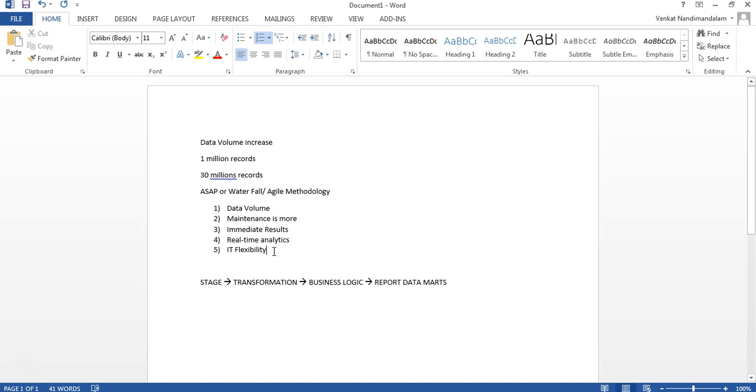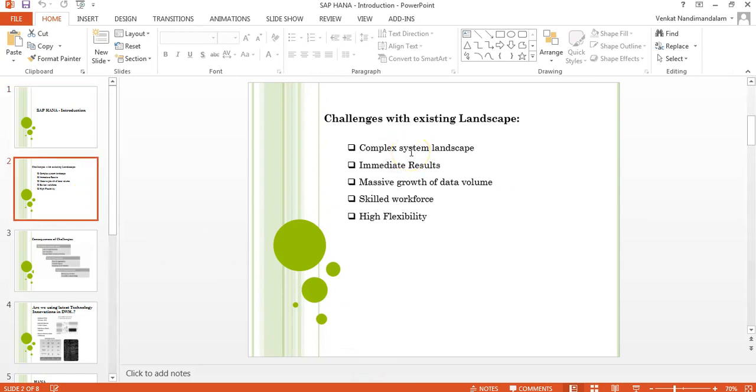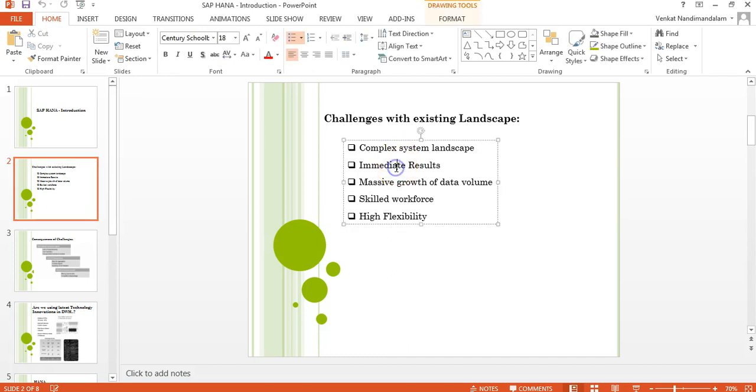So these are most of the challenges that we have in the current industry. The challenges we discussed: one is immediate results. Customers are expecting immediate results, and then massive growth of data volume. Because of the massive growth of data volume, your maintenance cost is going to increase, which means you need